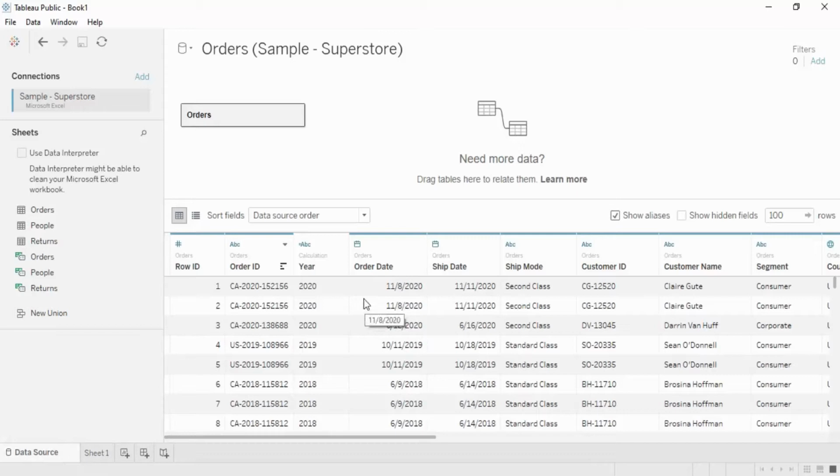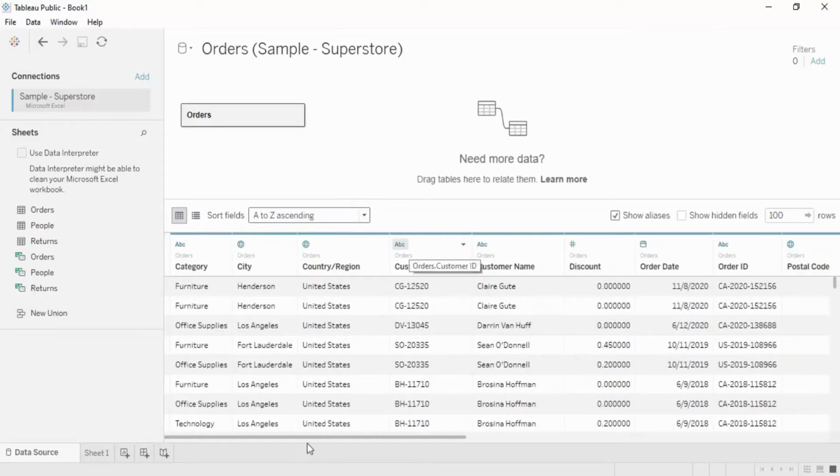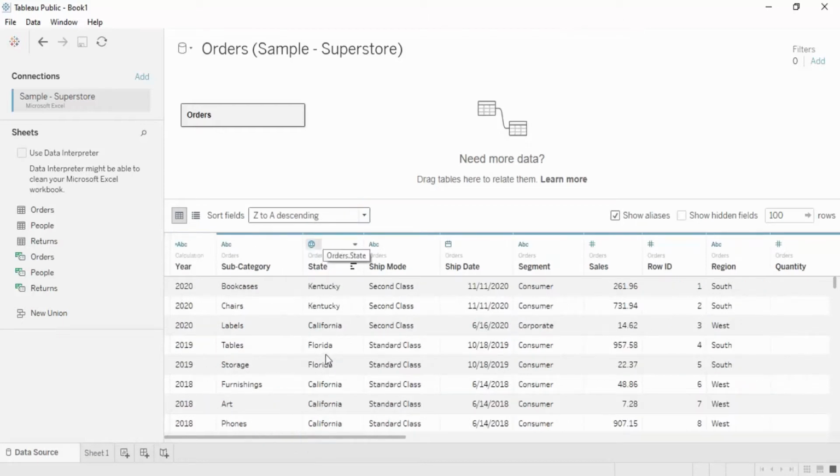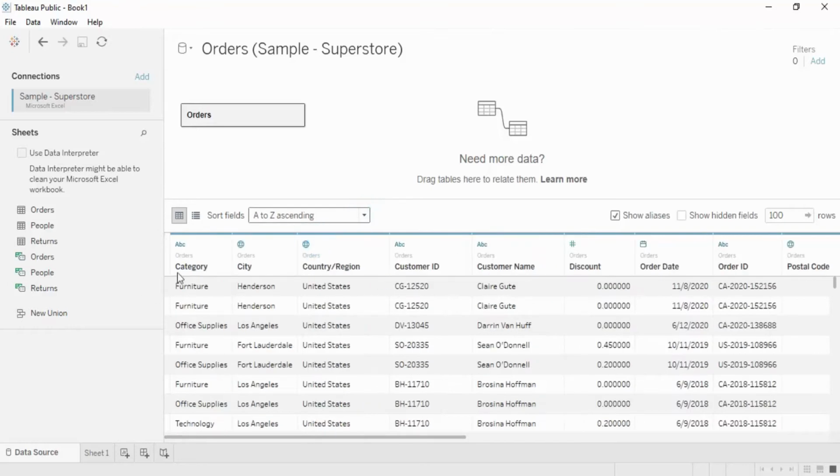We have seen everything that we needed to know about here. Actually, one thing is left, and this is the data source order. By default you have this value selected as the data source order. However, if you check, there are different things present, like the ascending order. If you want the data in the ascending order, that can be selected. If you want it in the descending order, that can also be selected. What is changing over here is the column names. Like you can see, year is at the first position. If you select A to Z, then category is in the first position.